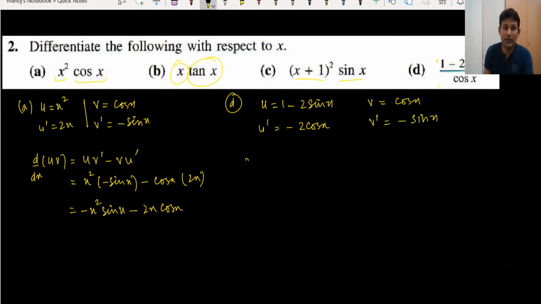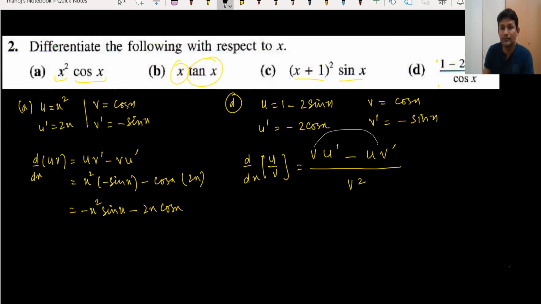Now when we apply the quotient rule, u upon v, please remember one thing. I just want to say one thing about this formula, that v squared is in the denominator, and in the numerator v u prime minus u v prime. Actually, we have v in the circle, that you can see. If you forgot, this is very important, we cannot change the sign here. We always write v here, not u, then v prime, always v, because the minus sign is there. So in the circle we have